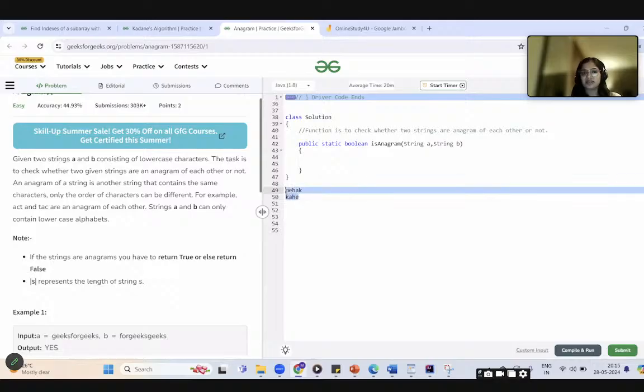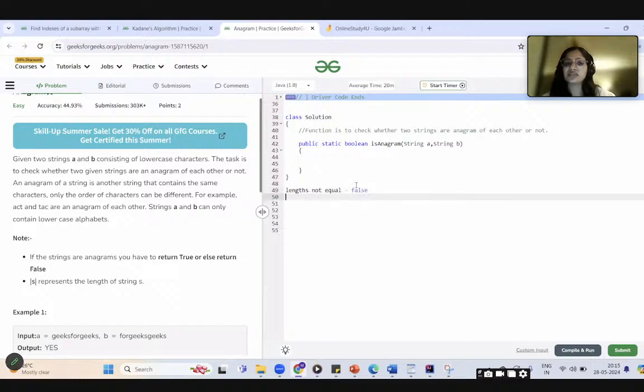So this is our base condition: if the lengths of the strings are not matching, then we have to return false. This is one logic. Okay, this is just a rough draft. Before solving any question, you should think about what the logic should be and write it down roughly, and then proceed to writing the code in a proper fashion, right?